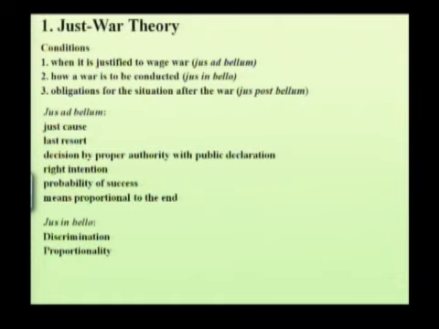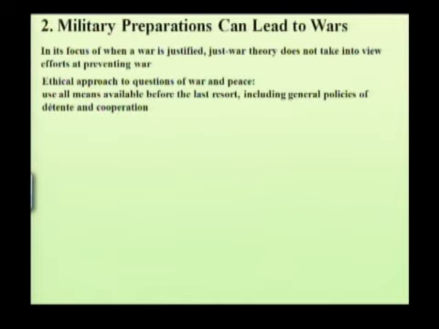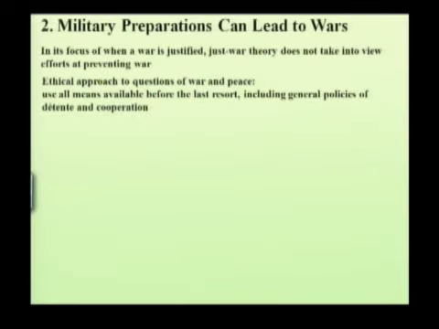Second chapter. Just war focuses more or less on the question of when a war is justified, or if a war is justified, and the conditions. In looking at that, it somehow overlooks the question that one should rather prevent war. It's somehow there in this idea of war must be the last resort, but it's not very explicit. So I think if one looks in an ethical way at the question of war and peace, one should be more explicit on this